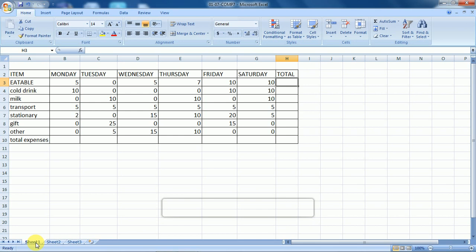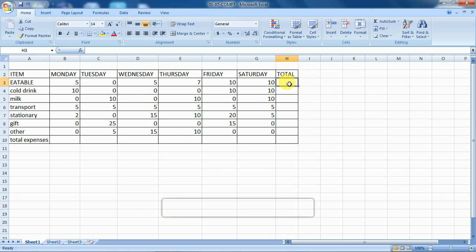That means here we want to mention some items, eatable items or some other items we are using in our daily life, that is mentioned here. And how much is used day-wise or month-wise, that is given in a table format. And in the last cell we can see the total. Here we can find out the total. And suppose